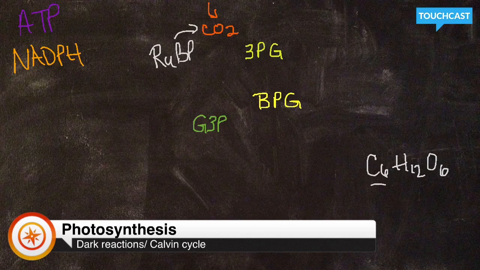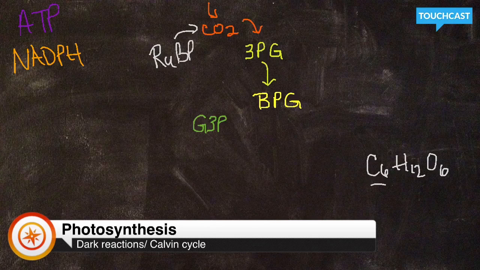Now, the enzymes in this process are not very efficient. They're very, very slow, so we need a lot of the enzymes here to get this process moving so that we can make glucose. So once we have the carbon dioxide fixed with RuBP, that is going to become something called 3PG. Okay, so once we get our 3PG, that is going to become BPG, and these names aren't necessarily important, but it's important to understand that these are intermediates, and I'm showing you these so that we can see